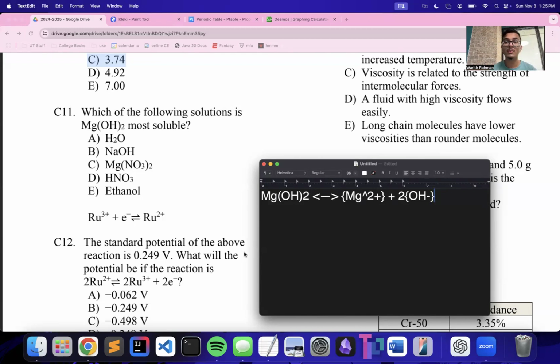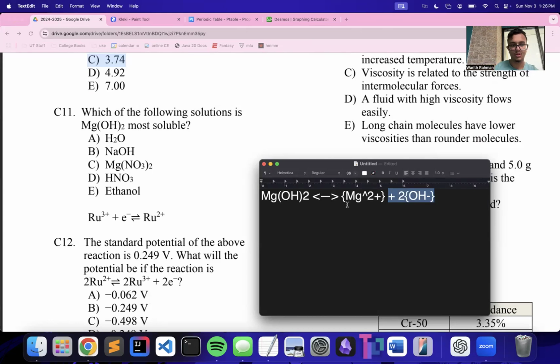Same thing happens to a way bigger extent when we have sodium hydroxide. We have so much hydroxide on the right side that it's going to shift left. If we have magnesium nitrate, a similar thing is going to happen. We have so many magnesium ions that it's going to shift left. But